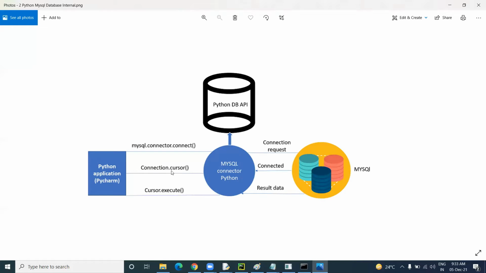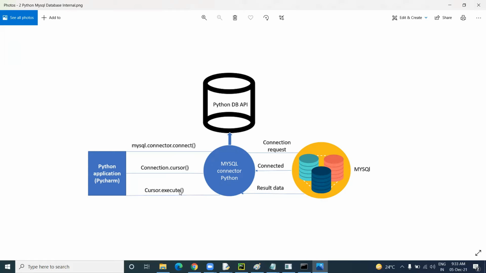Using this cursor only we can create and execute any queries through connection.cursor. Then cursor.execute means it is sending something. If you want to fetch or execute data, you use cursor.execute, and inside you can pass anything. For example, if you want to show databases, you can pass show databases.